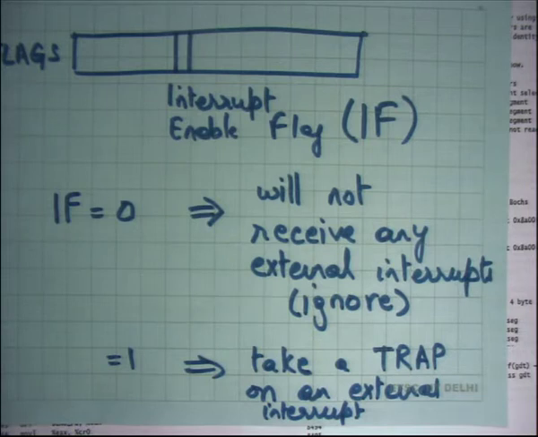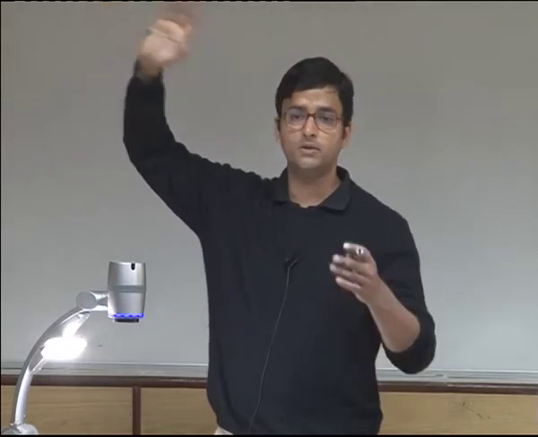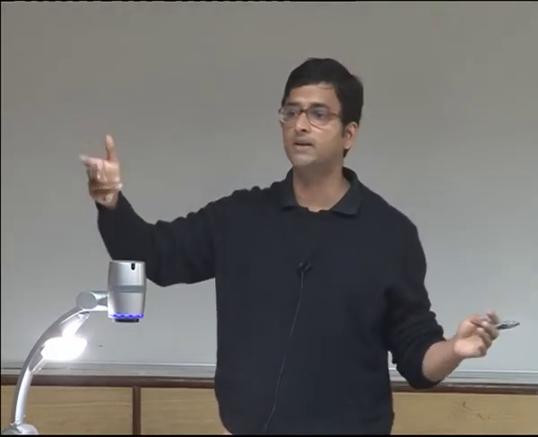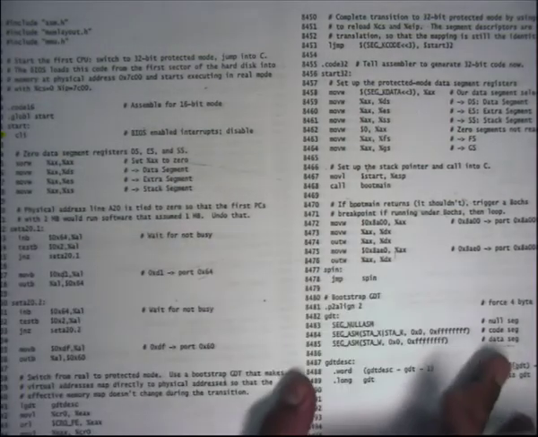Why is the first instruction clearing the interrupts? Because I have not set up any handlers yet. The BIOS may have set up its own handlers, since some BIOS has run before the first instruction. Now I want to completely forget what the BIOS has done to the system. I want to reinitialize the system according to myself, and while I'm doing that, I don't want any disturbance from the outside world. If a network packet is coming, or the disk wants some attention, just ignore all that. I'm not in a state to actually serve all these people. So let's clear the interrupts. That's what CLI does: it sets IF to 0.